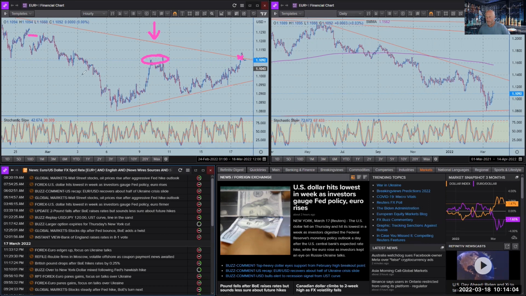The whole euro market is short for good reason. And exactly as Lee spelled out, the Fed are going to raise rates more. The ECB is sitting on the fence. There's the whole Ukraine-Russia issue. You've got the problem with Germany and all the refugees coming from Ukraine and everywhere else. There's a whole bunch of bad things happening in Europe, but there's a bit of uncertainty. There are stop losses here, and when it gets up here, it's enough just to trigger the stop loss run.